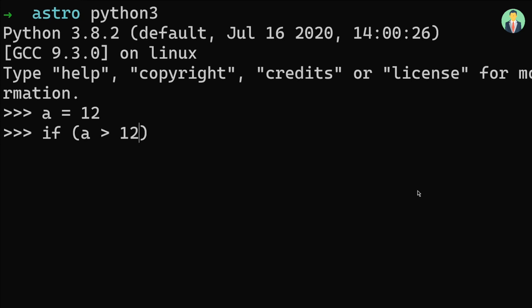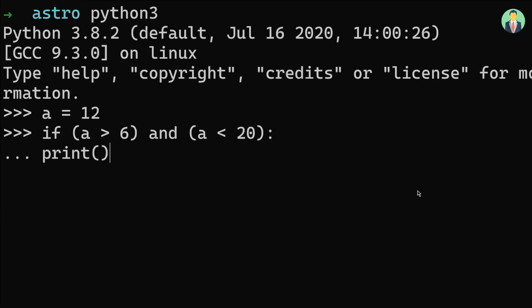But we also want to make sure that a is greater than 6, and also less than 20. So we can tack on another condition by saying and a is less than 20,